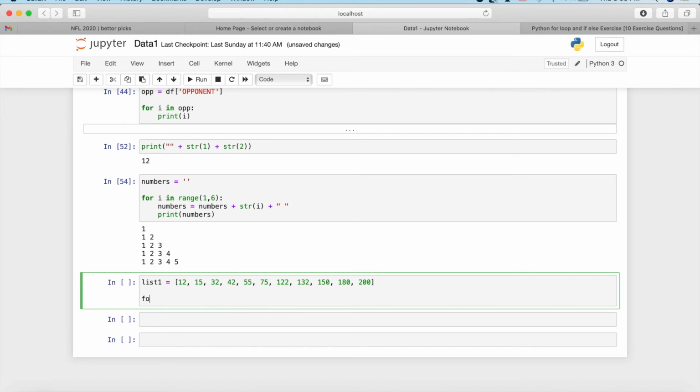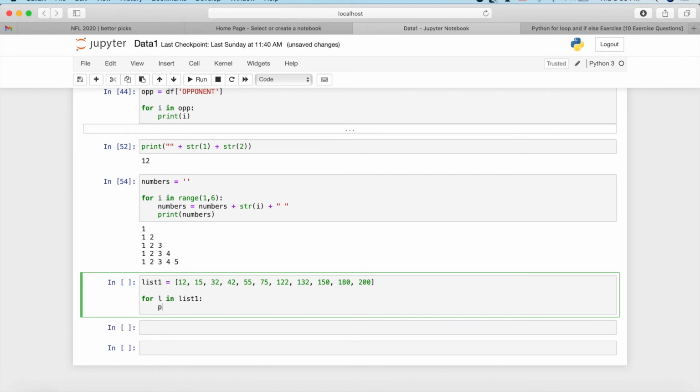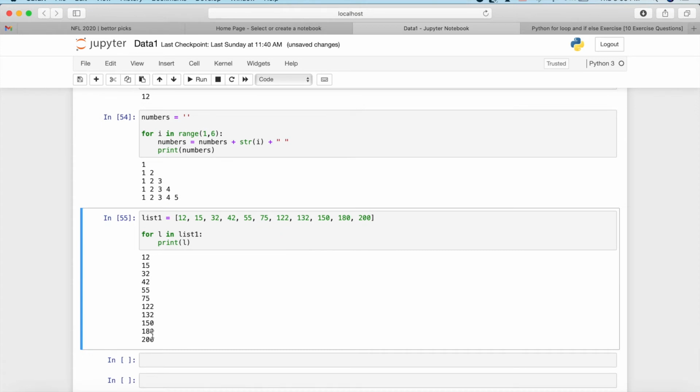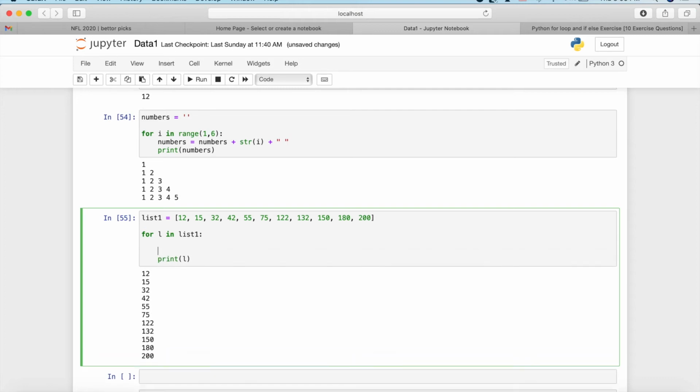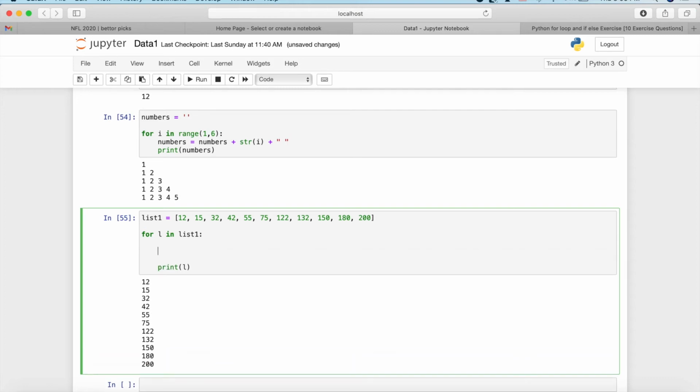So we're going to say for, you can call it anything, let's just call it L. For L in list 1, let's make sure it's working. Print L. All right, so it prints out everything in order. So it goes 12, 15, 32, and so on. So now what we want to do is say if it's divisible by 5, print it out. So the way to do this is there's this function in Python and a lot of coding